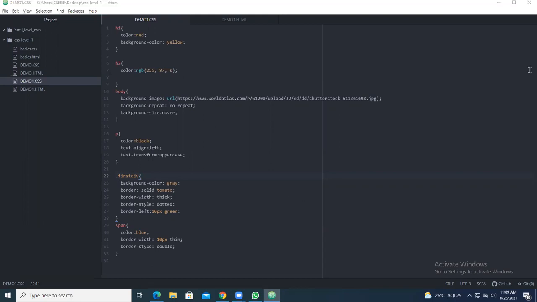So this will be up to today's class. Work on this CSS file, but while choosing, you have to choose SCSS. Hereafter, don't choose CSS. You have to choose it as SCSS.